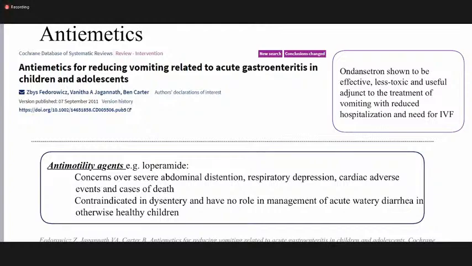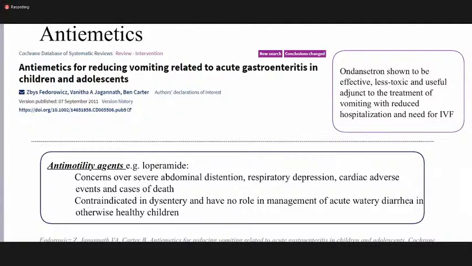Can we give antiemetics? So the WHO guideline currently does not talk about antiemetics. So medications like domperidone, that's Motilium, and others are not recommended by the World Health Organization. Now, there are newer antiemetics in the market, no guidelines from WHO, but there are studies which clearly show that, for example, ondansetron, a single dose of ondansetron clearly